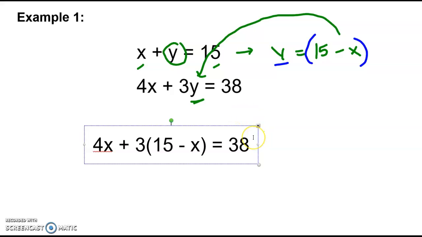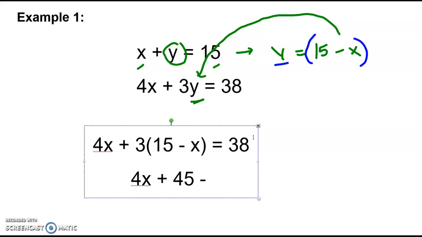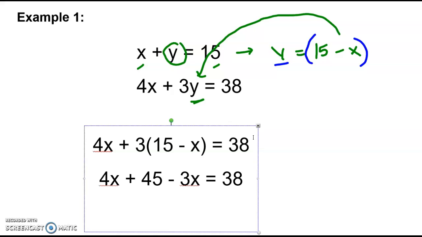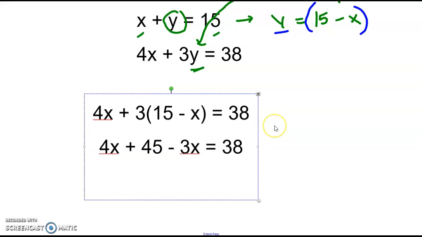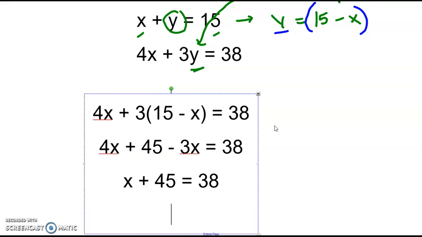So when I do that, we're going to distribute the 3, right? So we're going to get 4x plus 45 minus 3x equals 38. Okay, now we keep solving. So I combine my like terms. I have a 4x and a -3x. That's just going to give me x plus 45 is equal to 38. And then finally, we subtract 45 from both sides, and we just get x equals negative